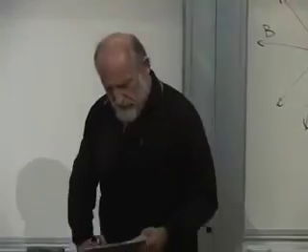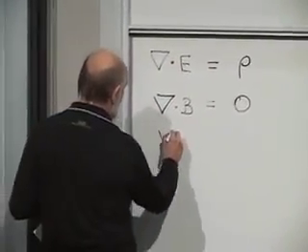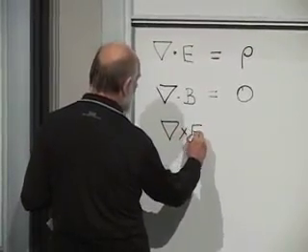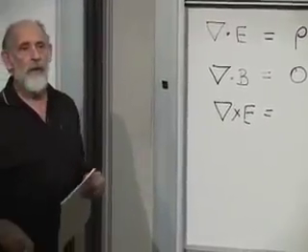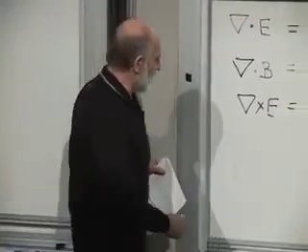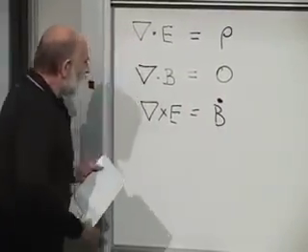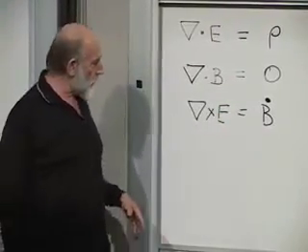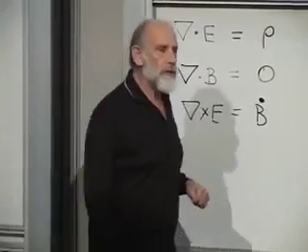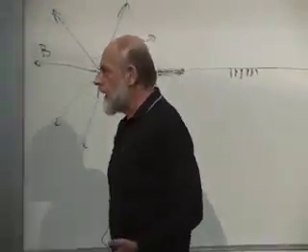All right, now we also have equations for the curl of the electric field. The curl of the electric field. Now what's the curl of the electric field equal to? The time derivative of the magnetic field. This says that a changing magnetic field, if the magnetic field in space changes, it necessarily creates an electric field. If B dot is not 0, in other words, if the magnetic field is changing with time, it creates an